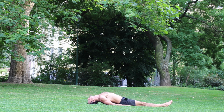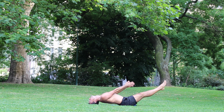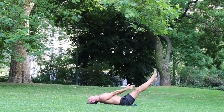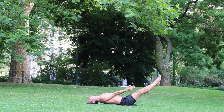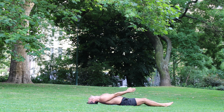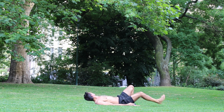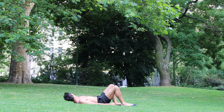Matsyasana, or a variation of it, coming up to the elbows for fish pose, head to the ground. People call it fish pose, but I took the Uttana Padasana, the legs up, arms up variation. That's the second variation in Ashtanga, skipping the Matsyasana. But you can keep the legs on the ground. You don't have to lift up. Listen to your body. Release the pose, release the head down to the ground, and